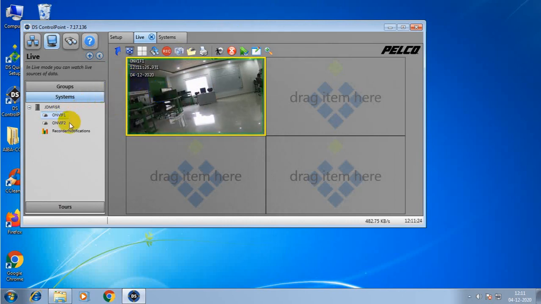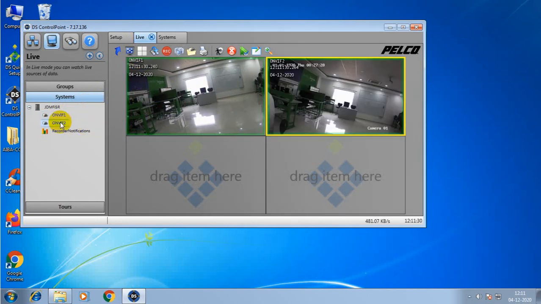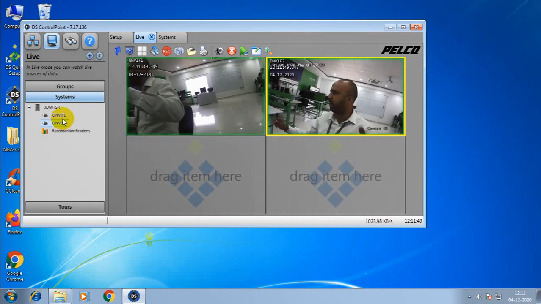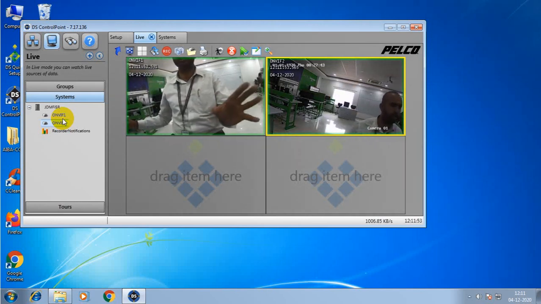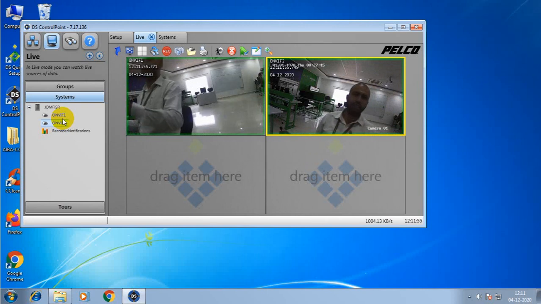And once again, if I want to take the second camera also, I can click here. So the second camera. I think I will be visible over there. I can show the fingers. So both the cameras have been configured in this. So this is the live streaming. So once again I will show you that the live streaming is appearing. In the first camera, and in the second camera I think I am visible. Next I will be visible in the first camera. So both the cameras are visible now.